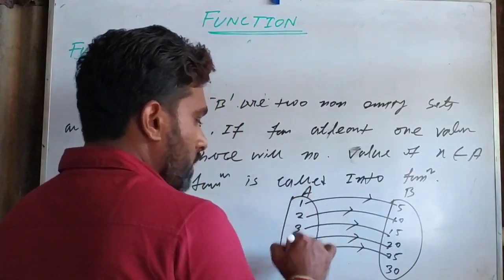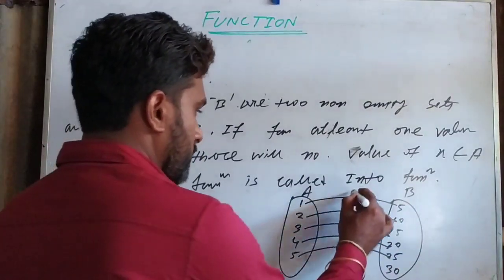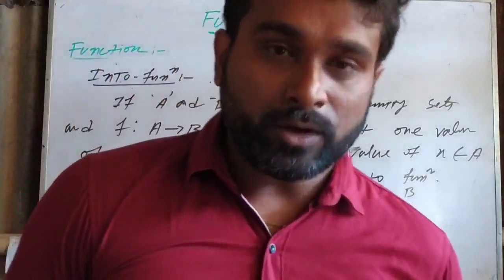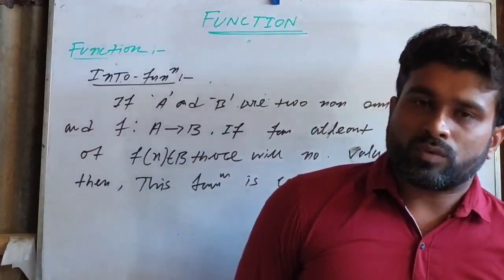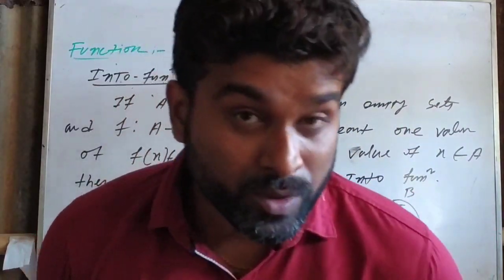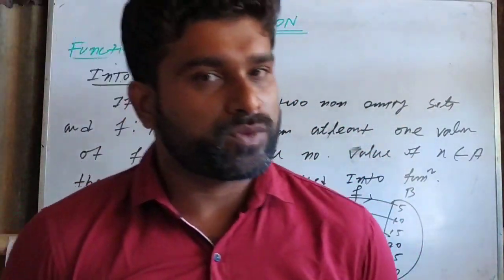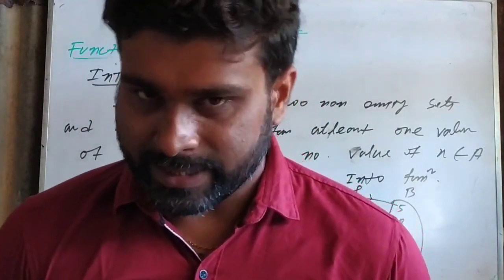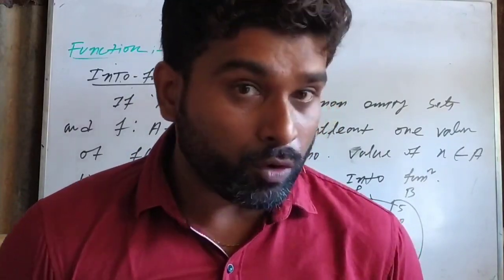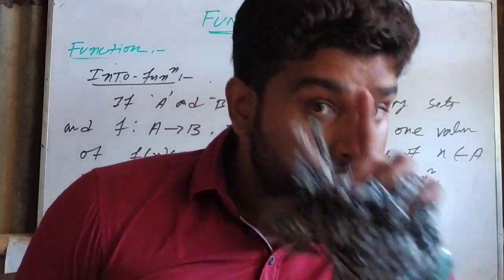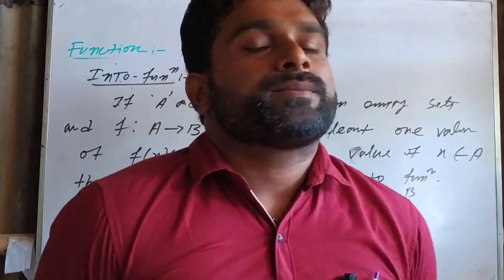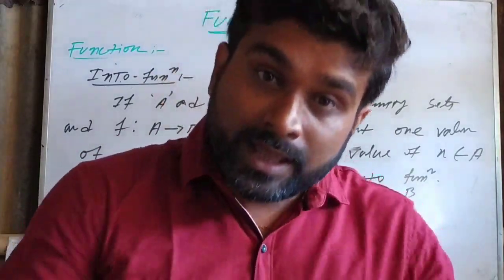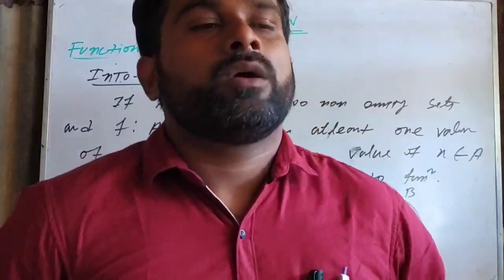Okay, these are all inputs and these are all outputs. So here the into function is two sets will be there. In the first set input values will be there, in the second set output values will be there. Okay, so if you see at least one value in the second set, remember one thing, in the second set at least one value is left, मतलब बाकी रह गया,